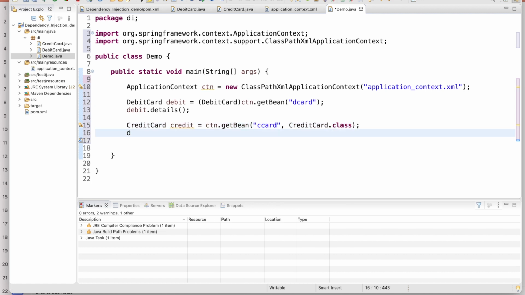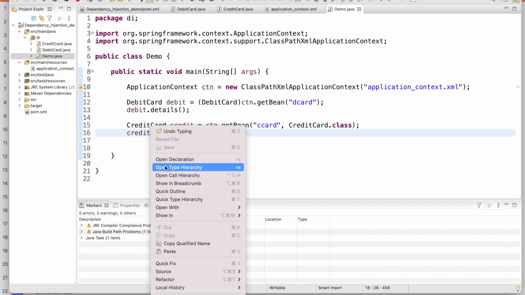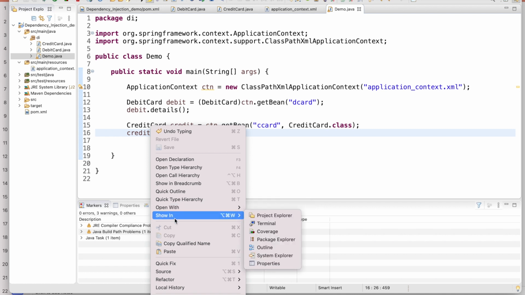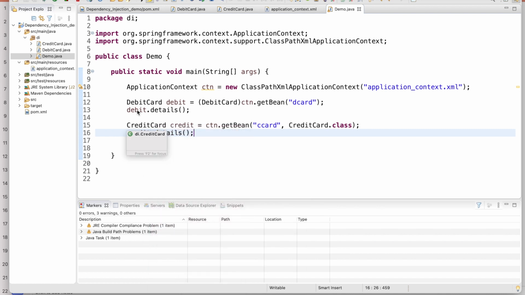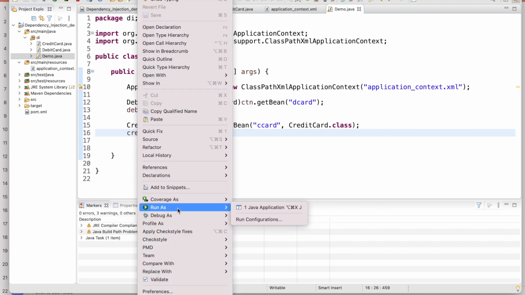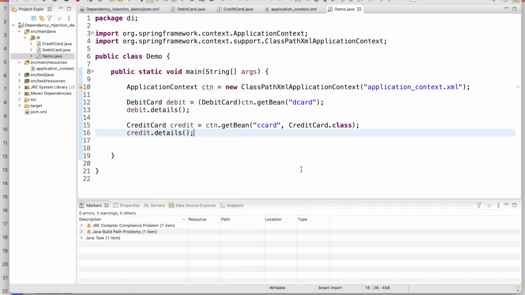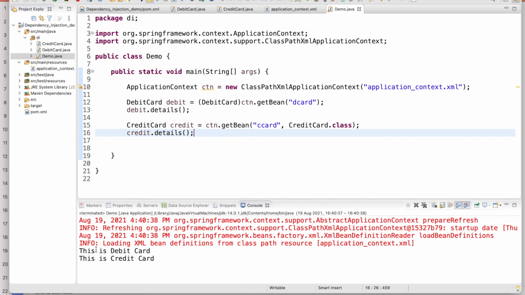And you can call the credit dot details method. That's it. Now if you run this code, you should get the output. Now this debit card is coming from this method, and this credit card is coming from this method. So this is the basic code by which we can achieve the dependency injection, right?